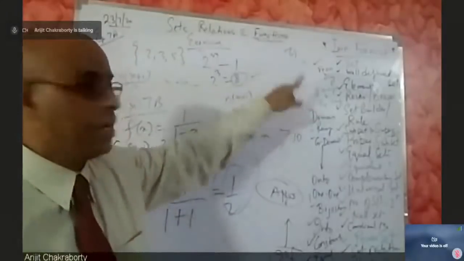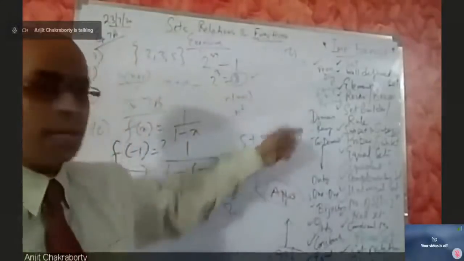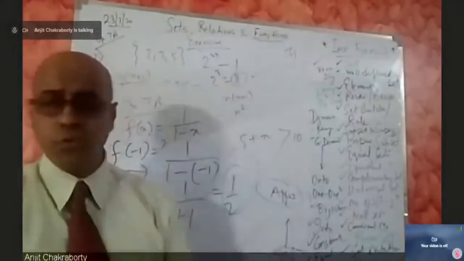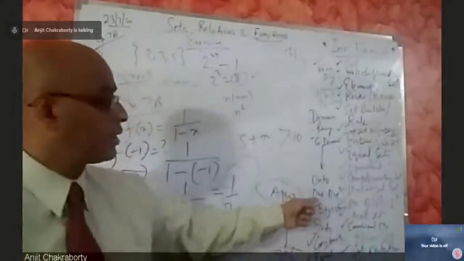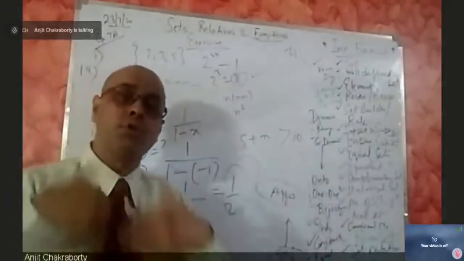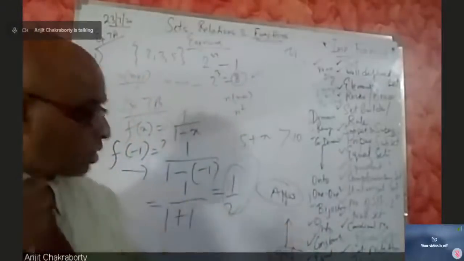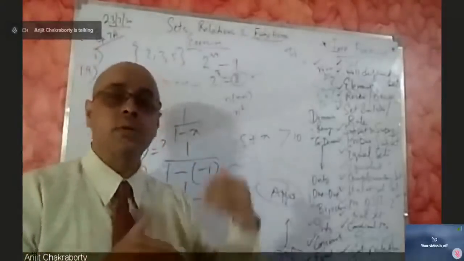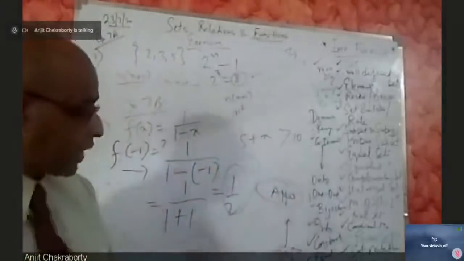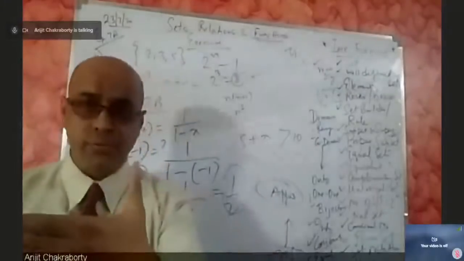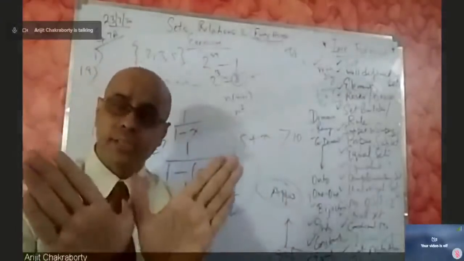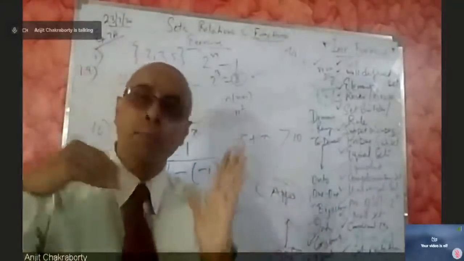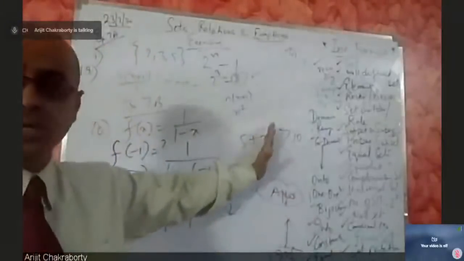image and pre-image, domain, range and codomain, and then functions where I discussed one-one functions, onto functions or surjective functions and into functions. Then bijective function, constant function, equal function, inverse function, and then one of the most challenging parts, that is reflexive, symmetric and transitive. Reflexive is reflection, symmetry is this, and transitive is to move. So we discussed it, and then composite function,